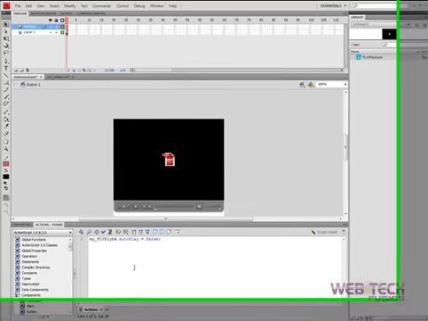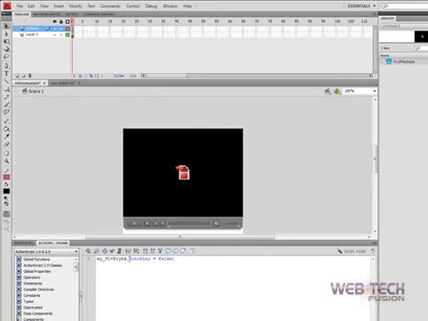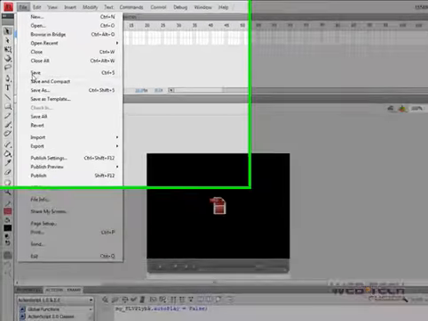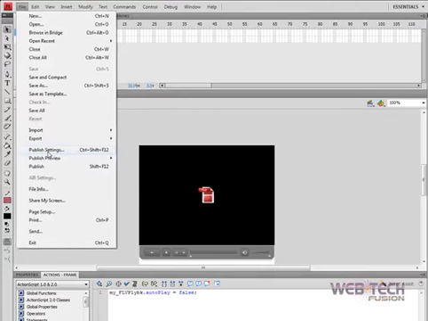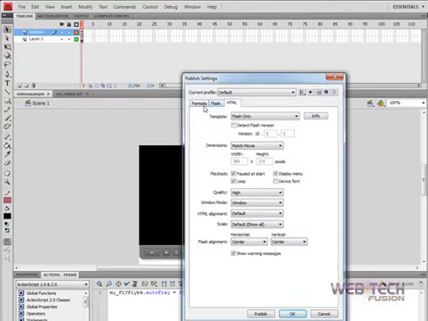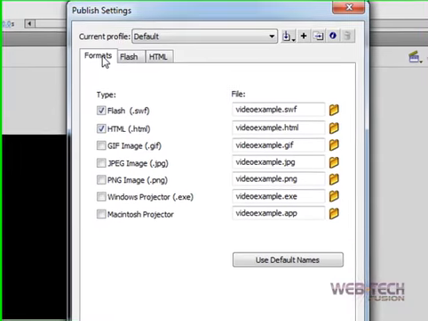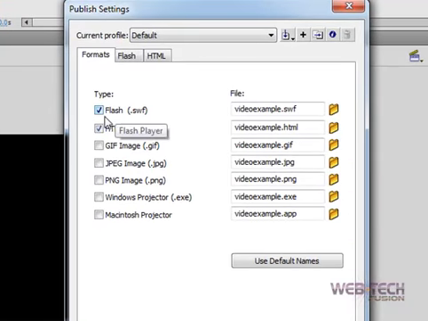Now that we have our instance name, our ActionScript saying to disable our autoplay, and our component laid out properly on the stage, we're going to go ahead and save our file. You can name it whatever you would like, but keep in mind before you publish, let's go to our publish settings, and we're going to want to make sure under the Formats tab that we have the Flash .swf as well as the